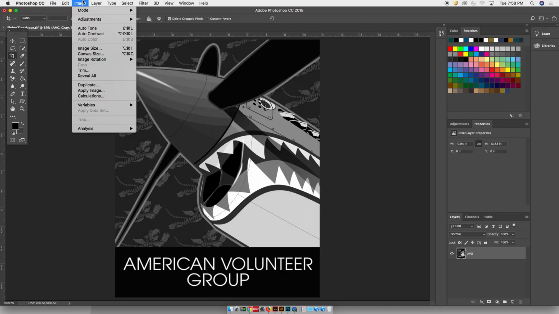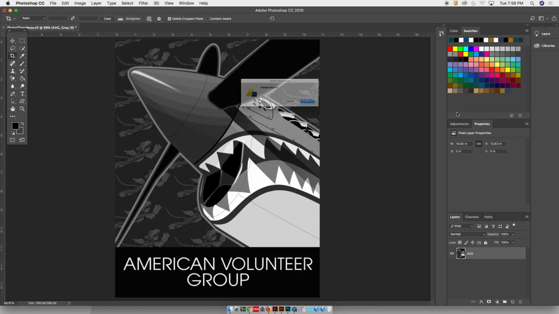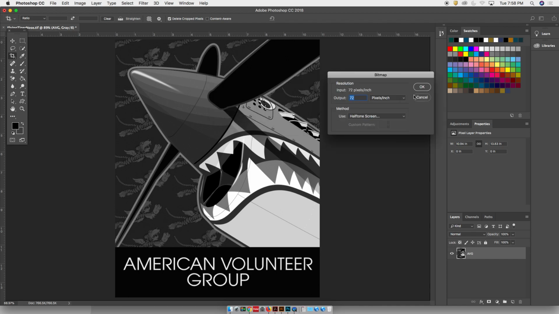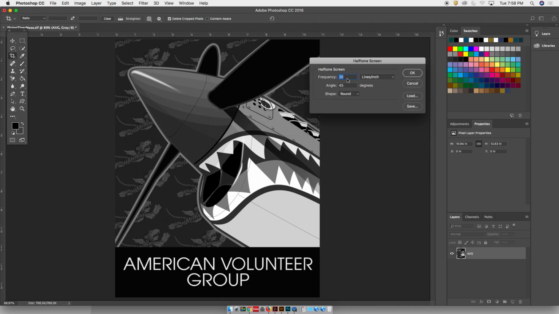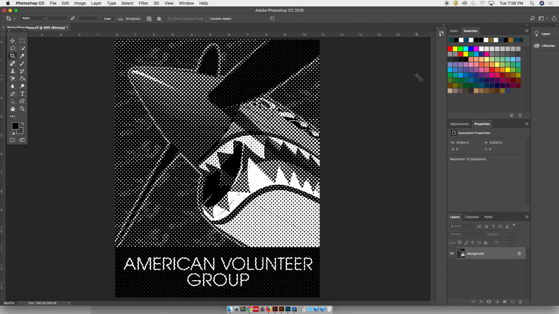Undo. So I need to get bigger dots. That means I need to increase or decrease the size on the frequency. Let's go to 7. That's kind of what I'm looking for. So now that I've got that,